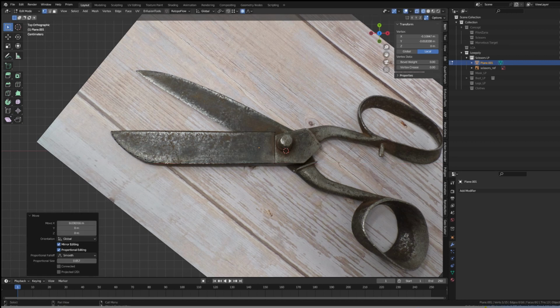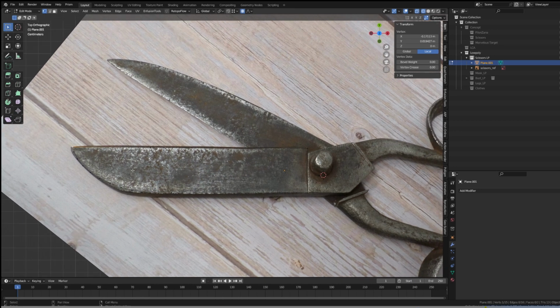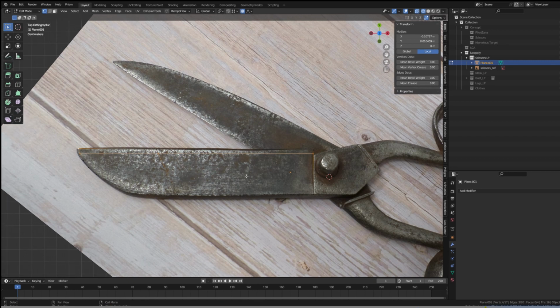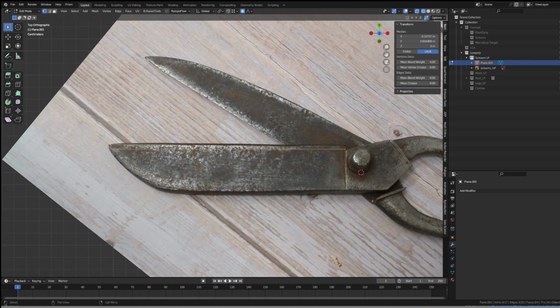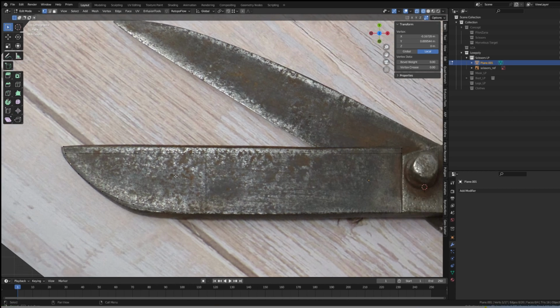Yeah, that kind of works. So it's a little bit more sharper looking. And then we need the cutting edge. Okay. Now we can think about edge flow and everything else. This kind of like blade,